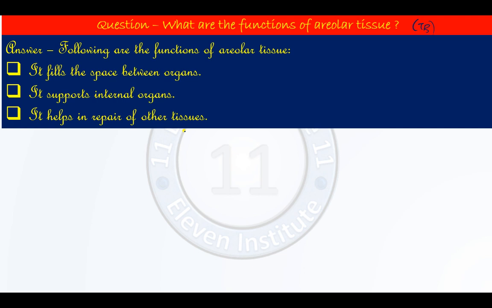So in today's video lecture we have studied the connective tissue. In connective tissue we have seen blood, bone, ligaments, tendons, cartilages, areolar tissue, and adipose tissue. And the most important part was about the bone, cartilage, ligaments, and tendons. You have to be very clear about them. And specifically, don't be confused between ligaments and tendons. If so, please rewind the video lecture and watch it once again.